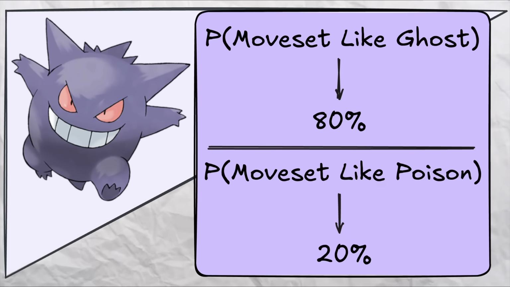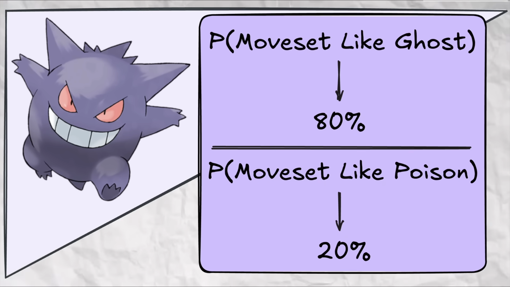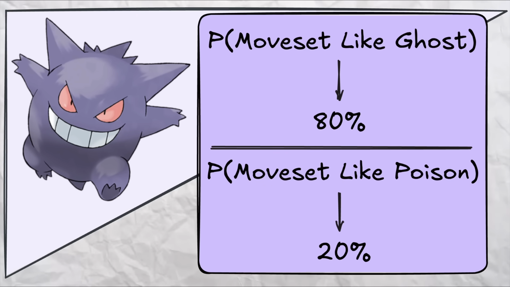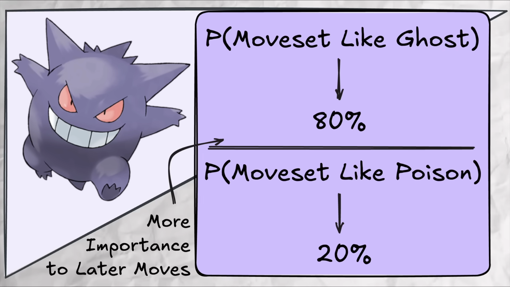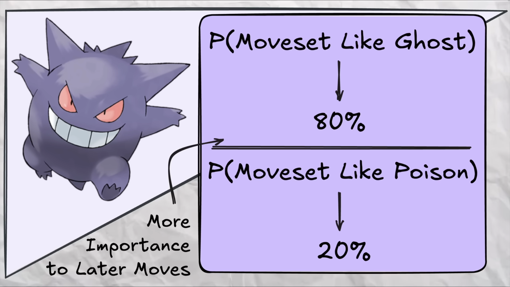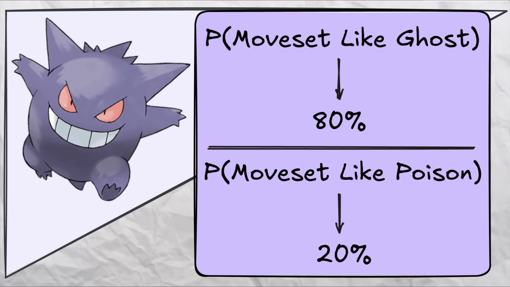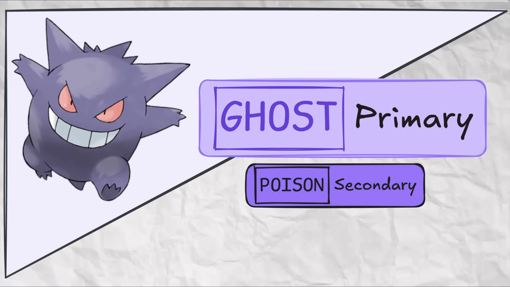Multiplying all of these probabilities gives us the overall likelihood that Gengar's moveset belongs more to a pure ghost type moveset or belongs more to a pure poison type moveset. One quick note here is that more weight is given to moves later in the level up moveset, since early moves that a mon learns are usually just there to be replaced later when a better move becomes available. So no matter which way we slice it here, Gengar is definitively a primary ghost type and a secondary poison